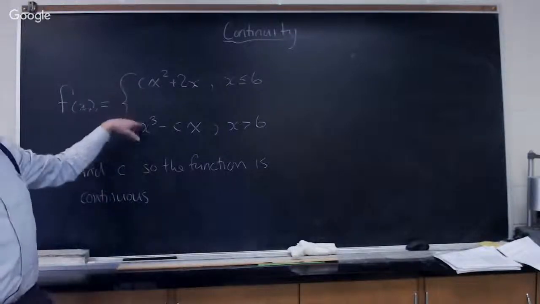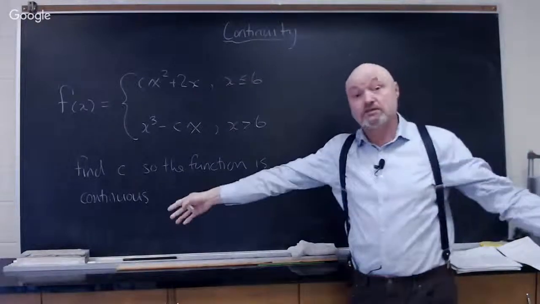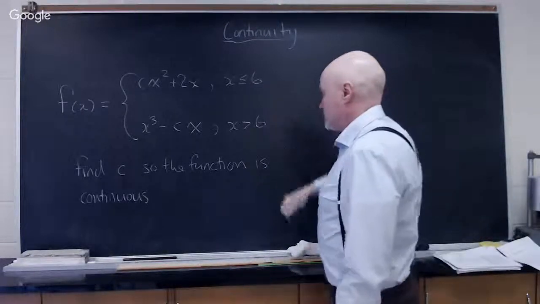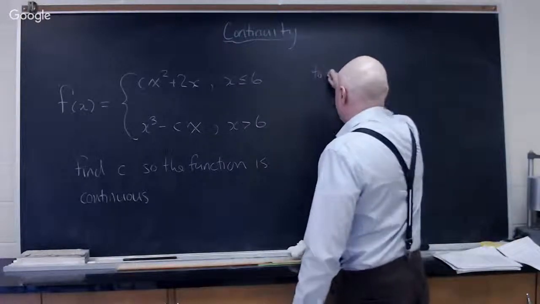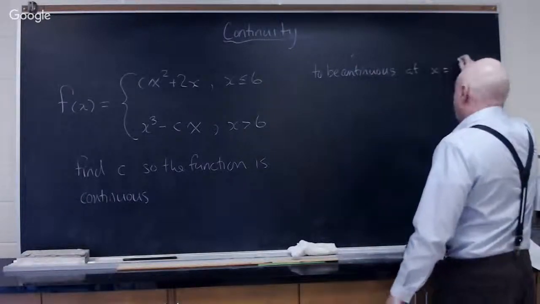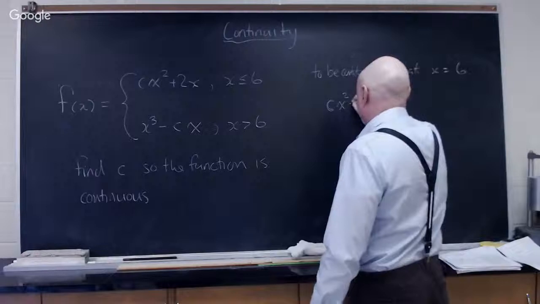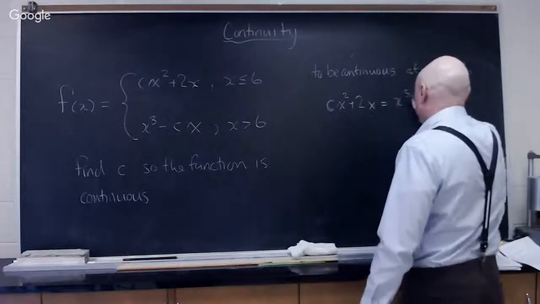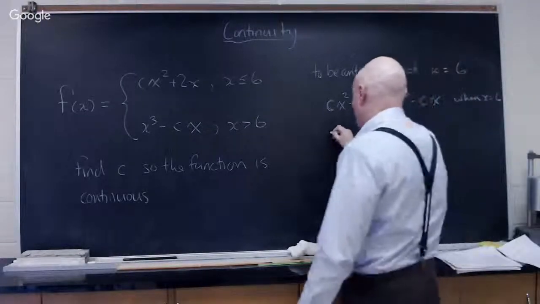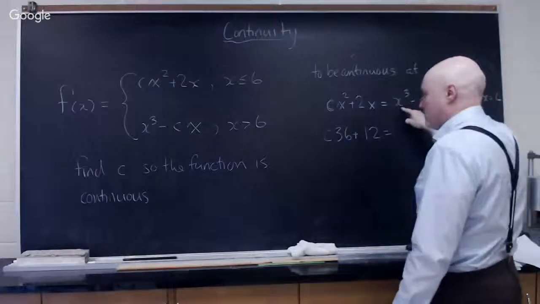Okay, so if we pick the wrong c here when x is equal to 6, this function might develop a jump discontinuity. So we need to fix c so that the two are going to meet when x is equal to 6. And so to be continuous at x is equal to 6, cx squared plus 2x has to be equal to x cubed minus cx when x is equal to 6. And so we're going to put in a 6. So c times 36 plus 12 is equal to,